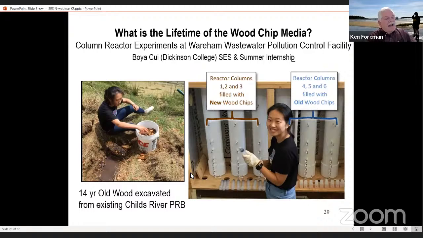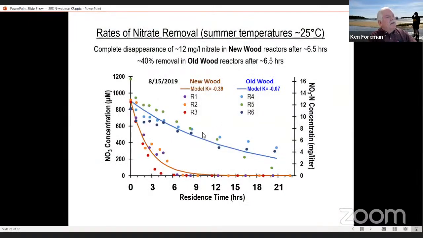The last question that I often get asked is, what is the lifetime of the wood chip media? Again, we've done column studies, reactor column studies, now using wood chips that are 14 years old and looking at their performance in removing nitrate compared to reactor columns filled with new wood chips. And here's some of that data. See here again, nitrate concentrations on the vertical axis, residence time in the column on the horizontal axis, new wood chips shown by the orange line and the warmer symbols